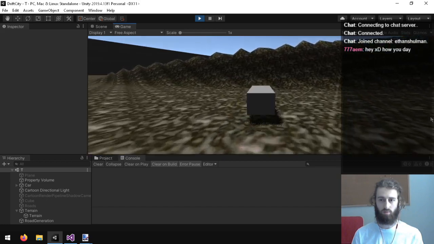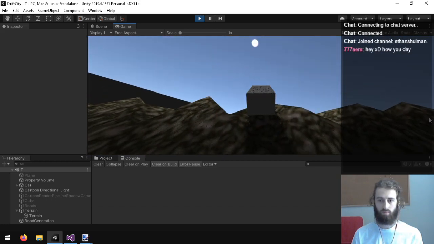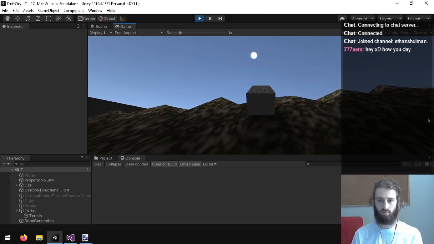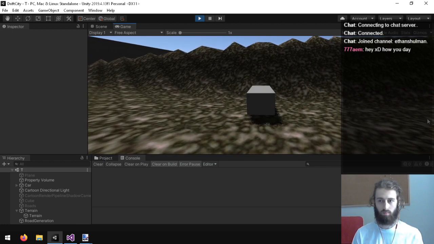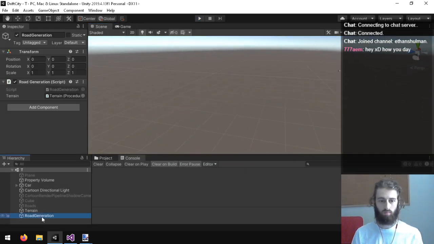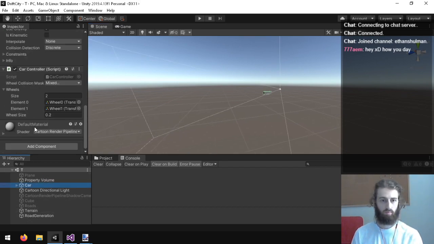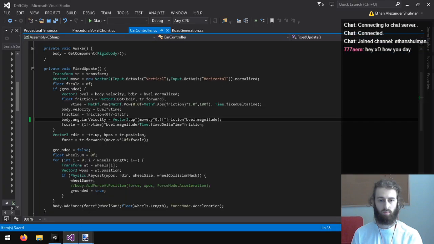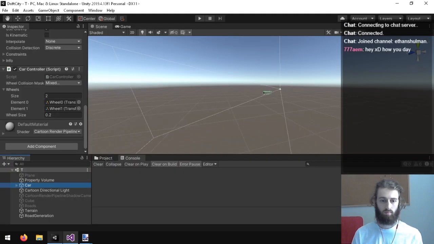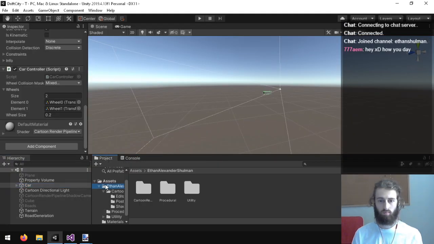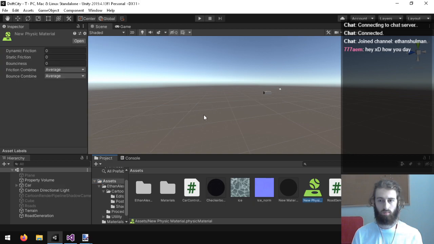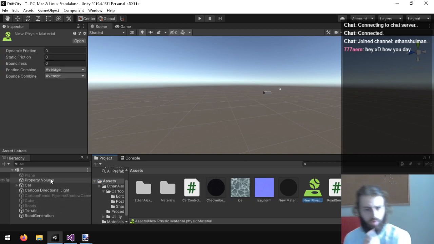Tempted to try to jump over it though. I don't know why the car is moving way slower now.